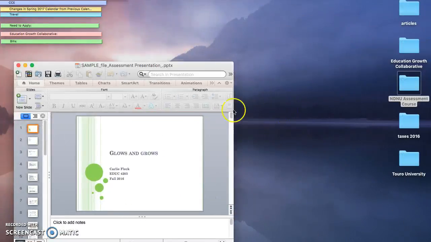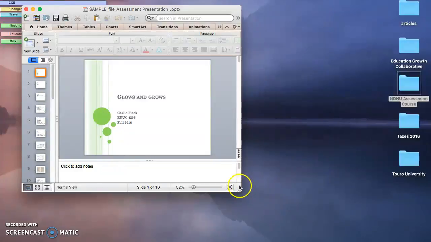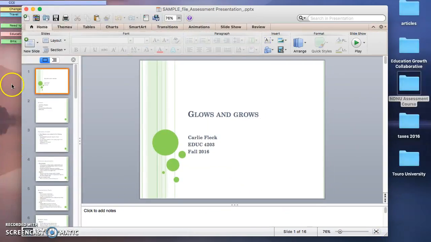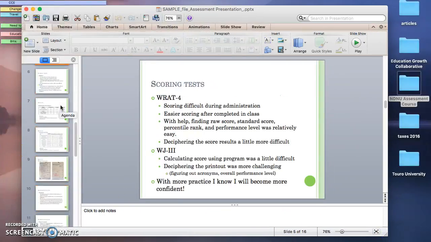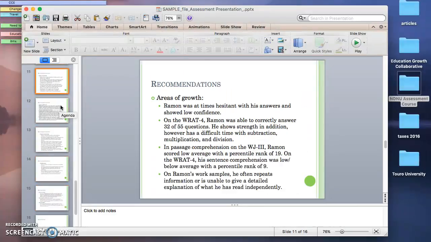And then here's just the final presentation that we will do at the end, where I will give you this template, and then you've got about